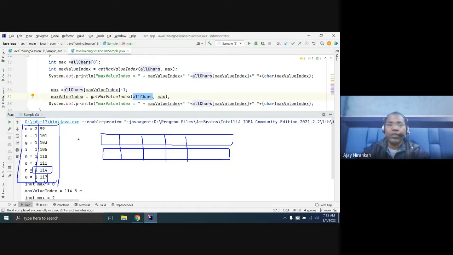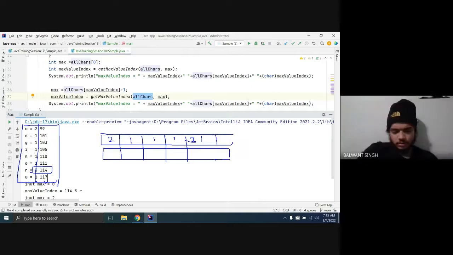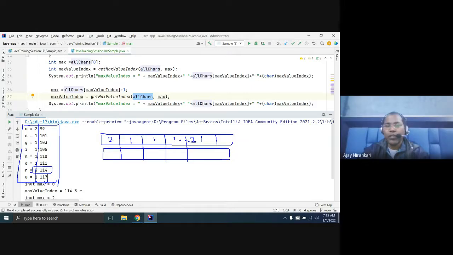Whenever you have an array containing two, one, one, one, like three, and you are sorting, you are putting this value here. Similarly, you have to put the corresponding value at this position, so that you can maintain this position.